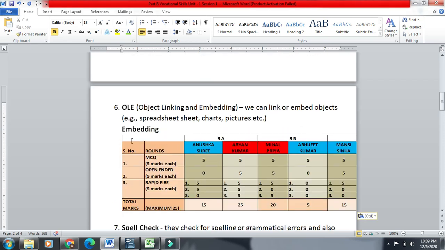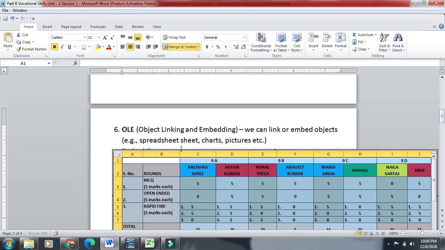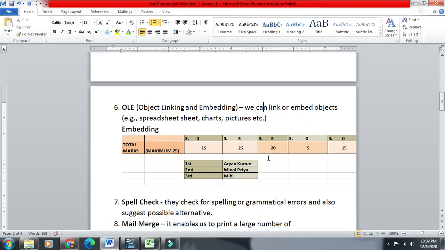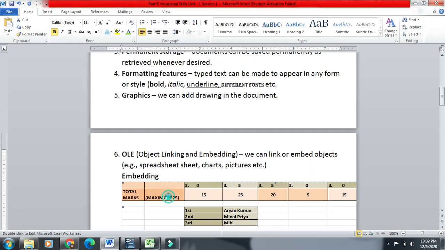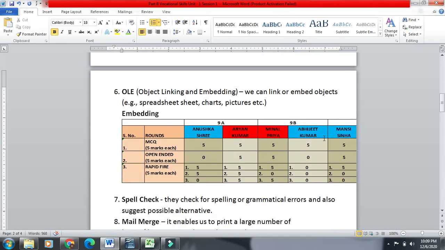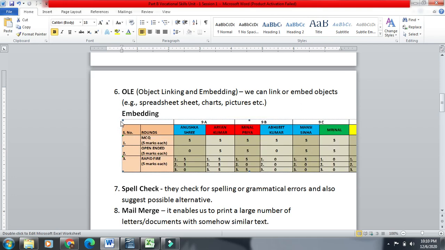So you can see this got embedded. It is now embedded inside the main document. I can make it small so that we can see the whole part.